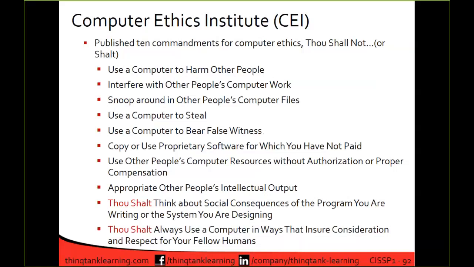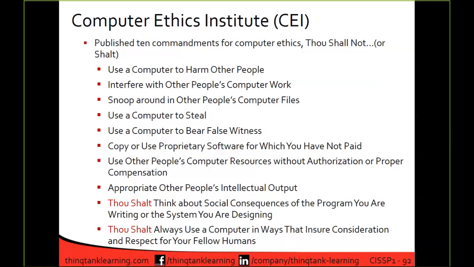They did this in the form of thou shalt not or shalt, obviously in reference to biblical functions, right? Thou shalt not use a computer to harm other people. Thou shalt not interfere with other people's computer work. Thou shalt not snoop around other people's computer files. Thou shalt not use computers to steal, use computers to bear false witness, copy or use proprietary software which you have not paid, use other people's computer resources without authorization,